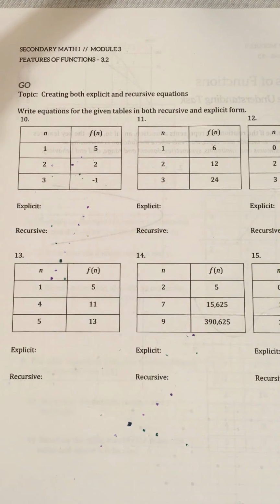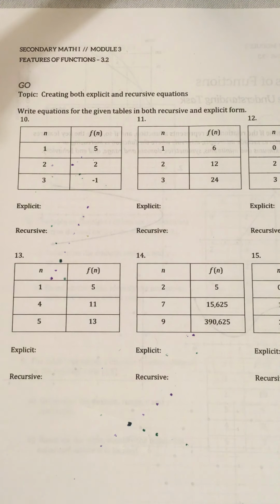In this video, I'm going to demonstrate how to do the Go for 3.2. I'm going to do examples on 10 and 11. They ask to create an explicit and recursive equations for the given table. So the first thing is you have to determine if it's linear or exponential. And so on number 10,